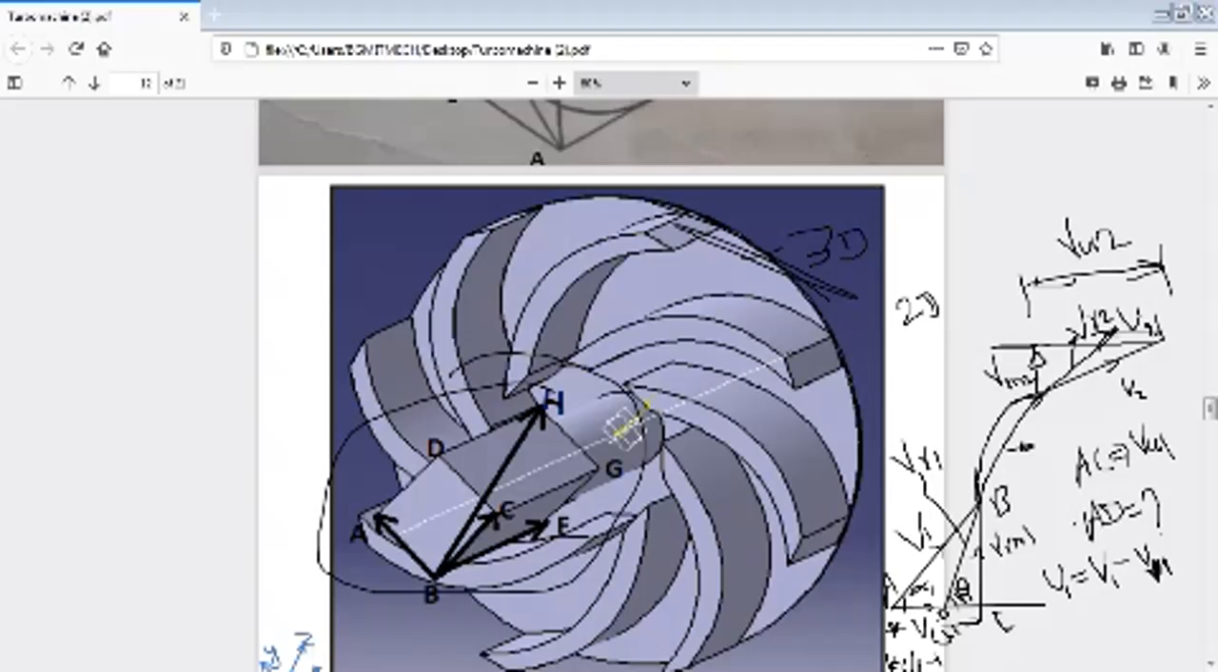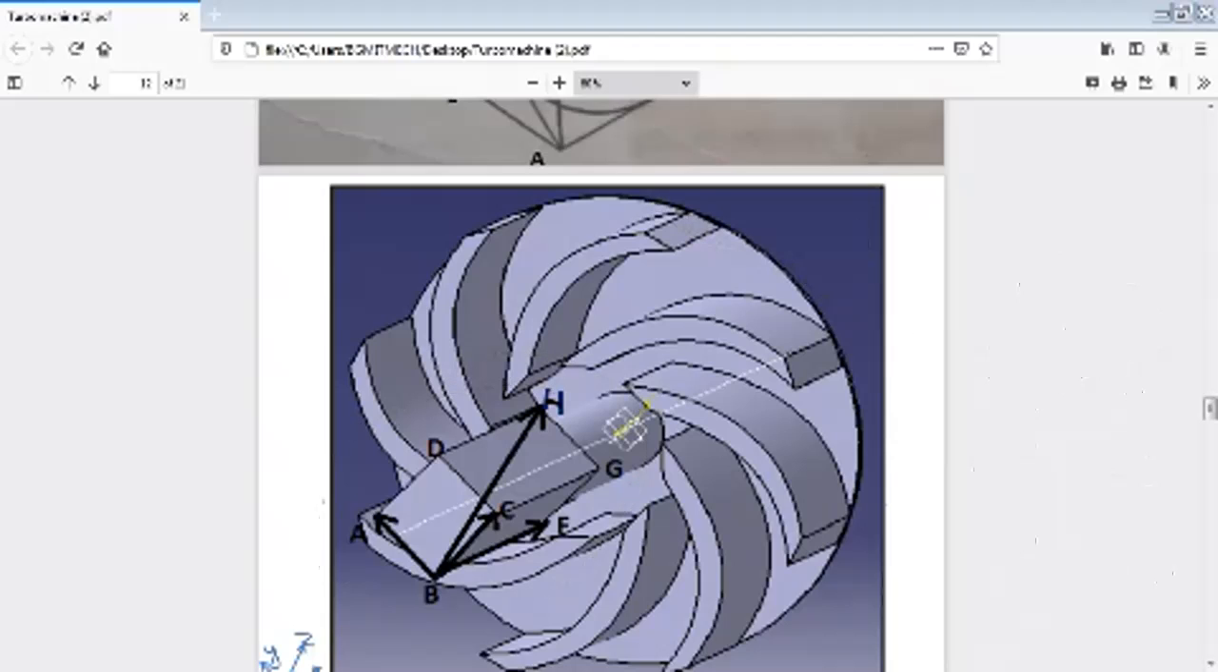Okay, and next I will clear everything here. And next I will have one more blade shape. If the blade shape is like this, the blade shape is like this. If the blade shape is like this and this is the V1 that is entering,